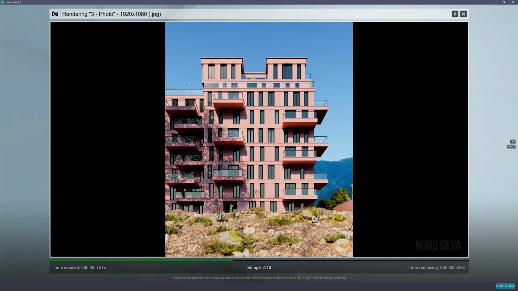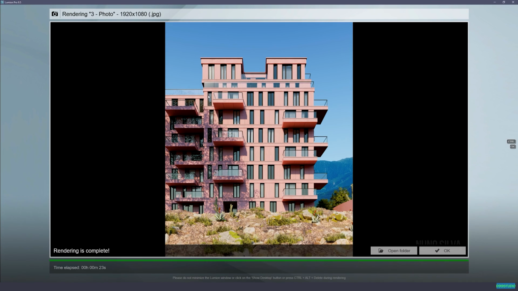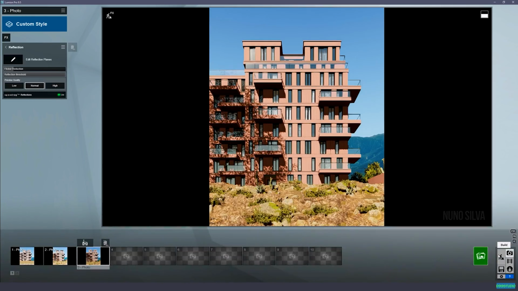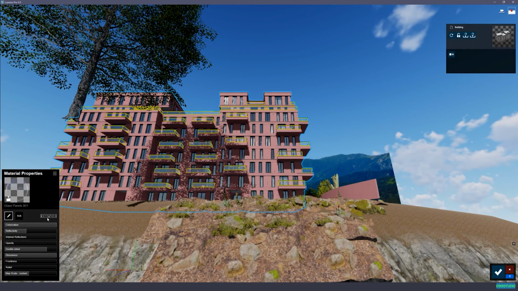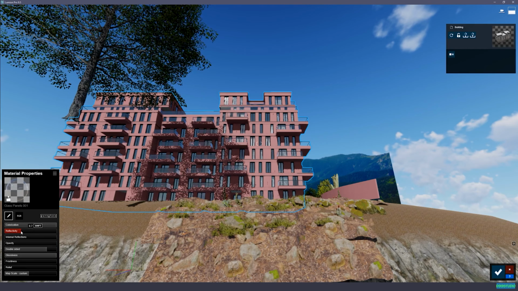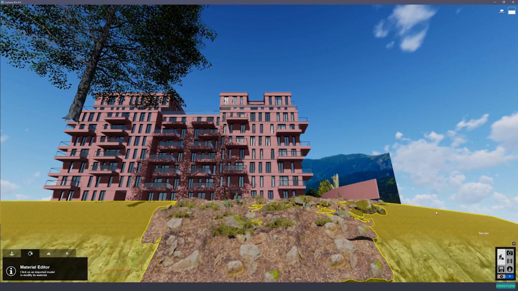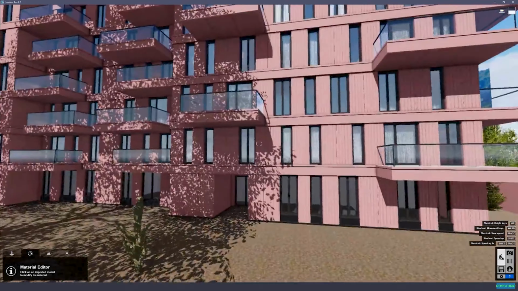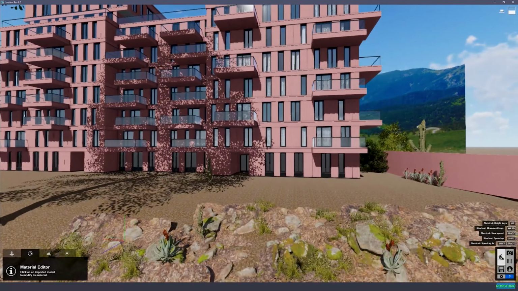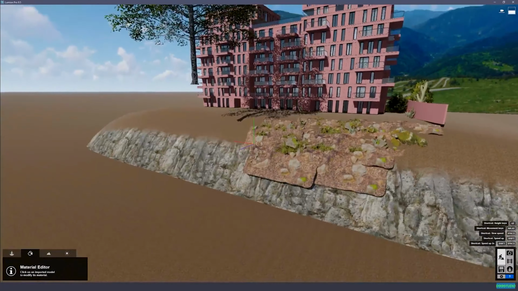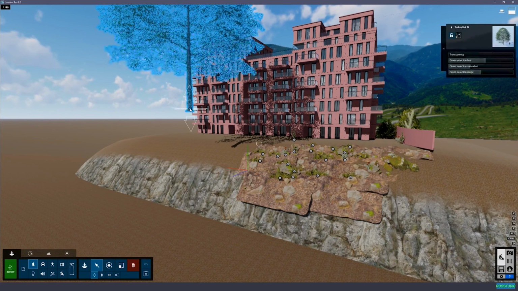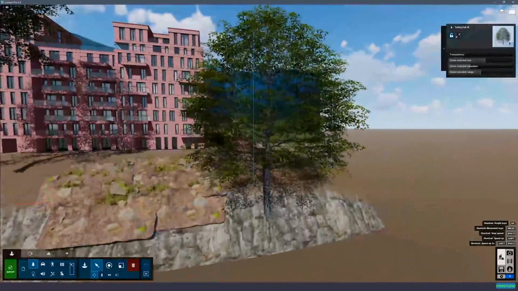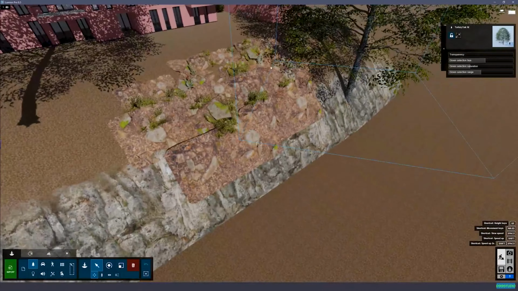Okay, here we have much better reflections already, as you can see. I'm just going to decrease the reflections a little bit on this one, on the balconies. I think it's too much. I'm gonna put it at 0.7. And also I'm going to add some other elements that we can have for reflection. So I'm going to duplicate this tree and add it here. I want some reflection on this floor here,